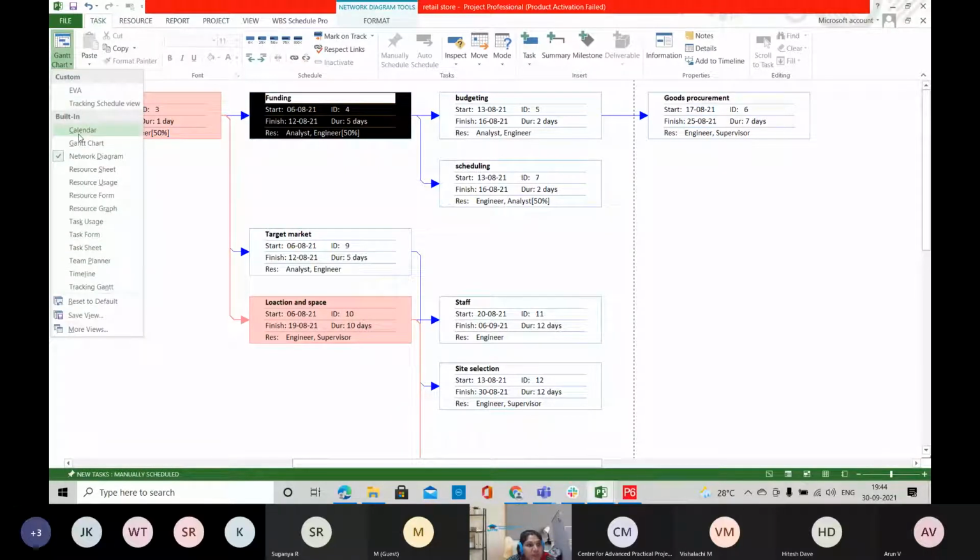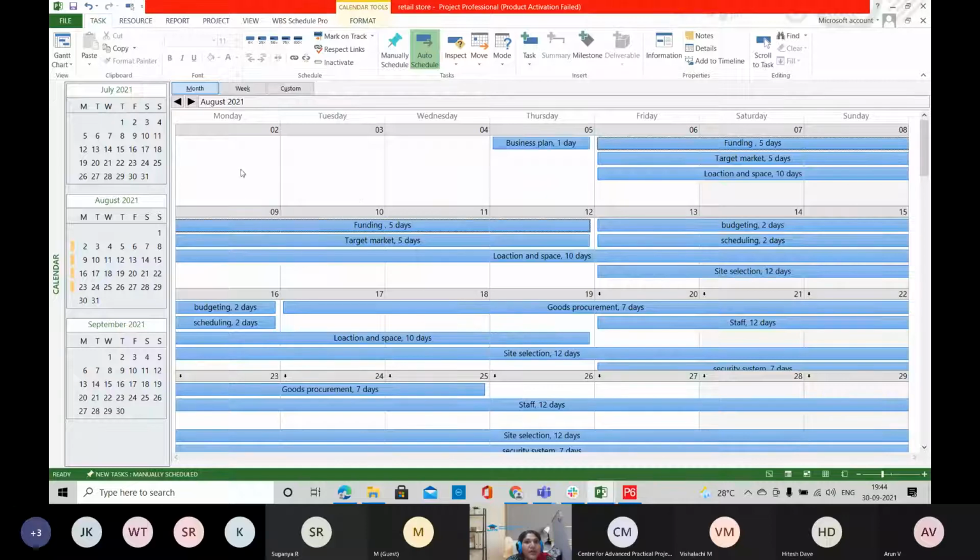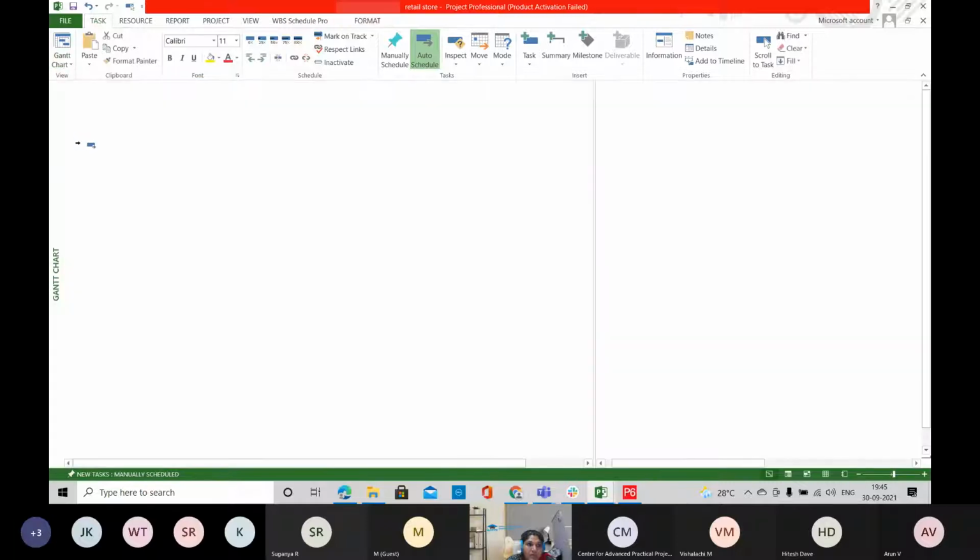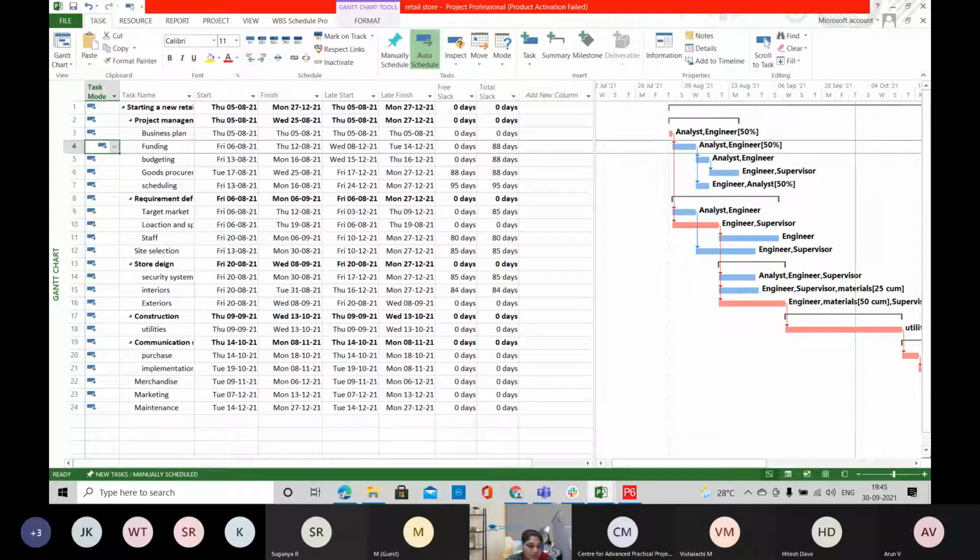The other view is your calendar view, where the tasks are displayed in a calendar format. Here also you can make use of this view. So this is the scheduling of the project.